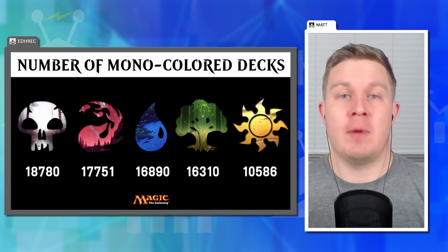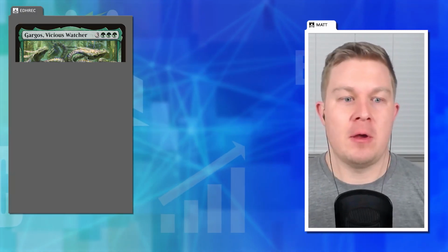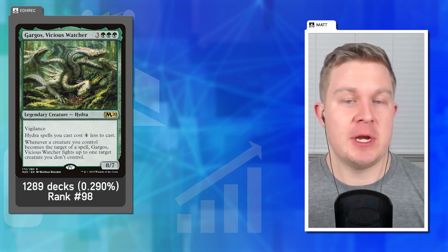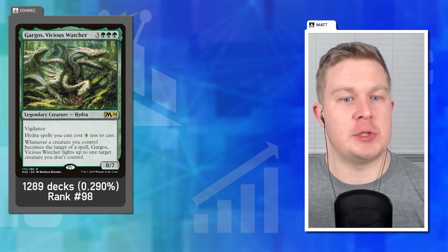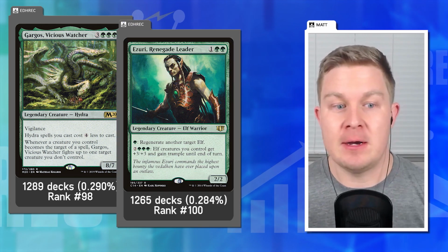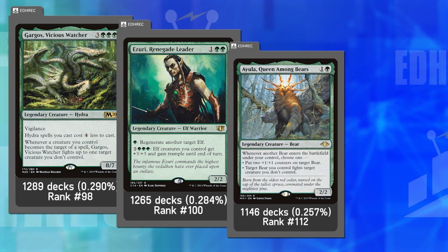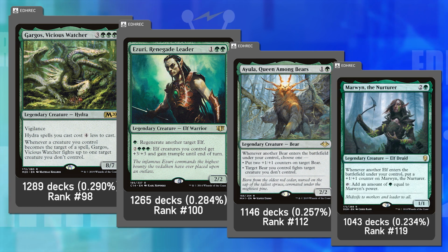Yeah, well, like you said, green has 4 commanders that have over 1,000 decks. Those 4 are going to be Gargos, Vicious Watcher, which is the legendary Hydra that can fight all sorts of creatures. You have the Elf Tribal Commander, Azuri, Renegade Leader. You also have Bear Tribal with Ayula, Queen Among Bears. And finally, Marwyn the Nurturer, which is one that I didn't really expect to see having over 1,000 decks to